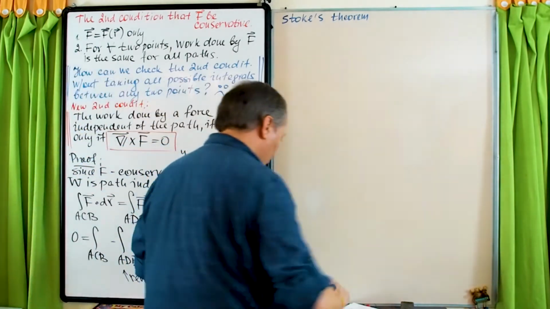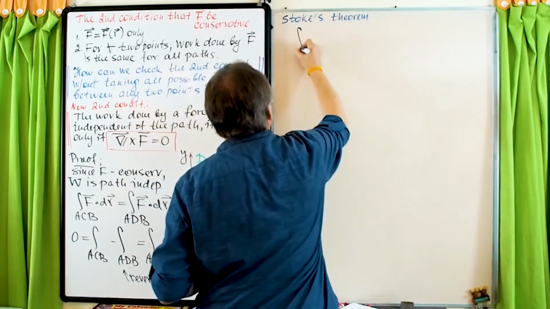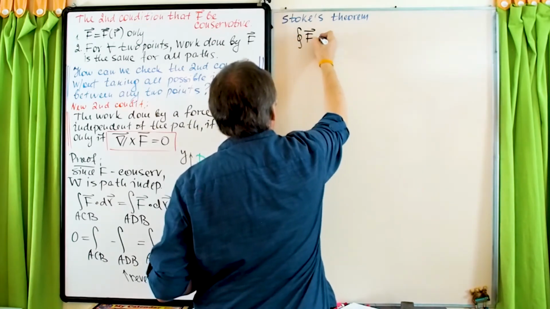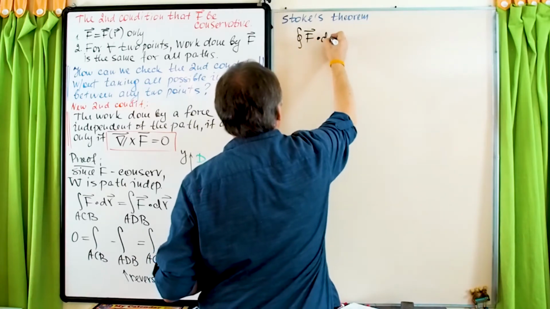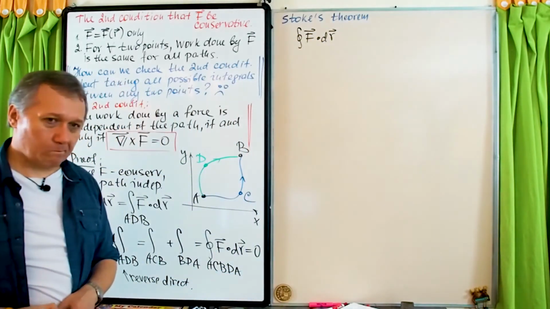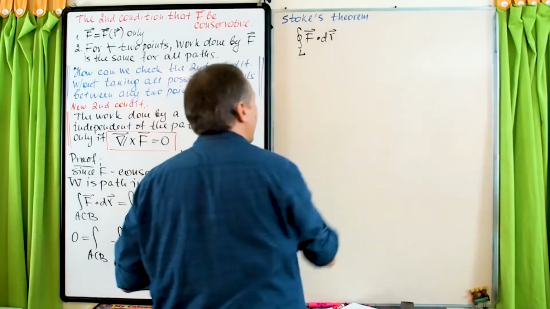Of course it's a line integral, but it connects the integral over the closed loop with the integral over the surface bounded by that loop. So let's write it. The integral over a closed loop of F dot dr, and let me call that loop L,